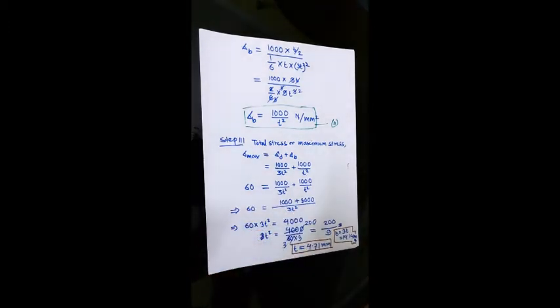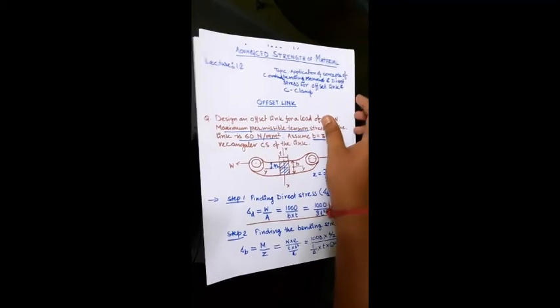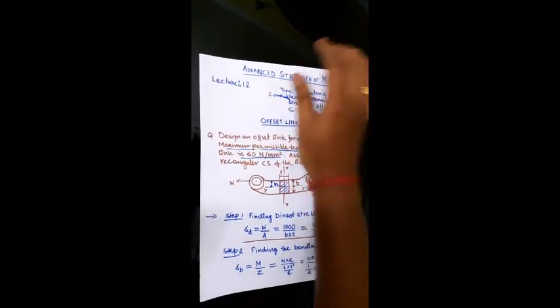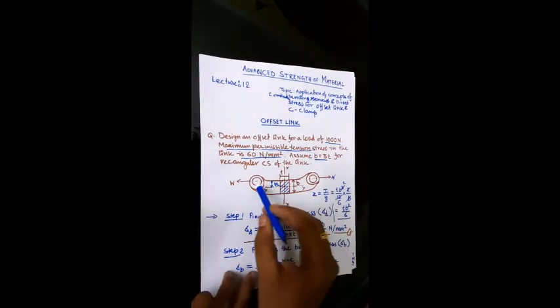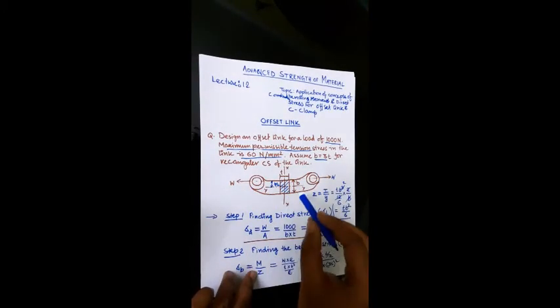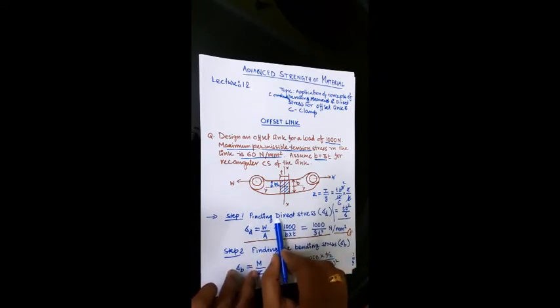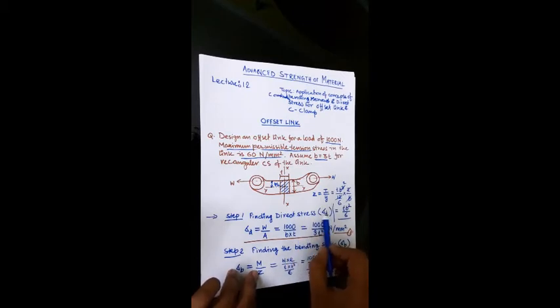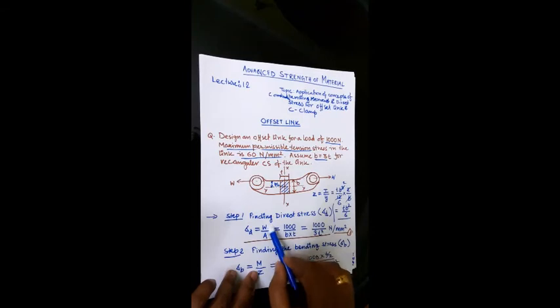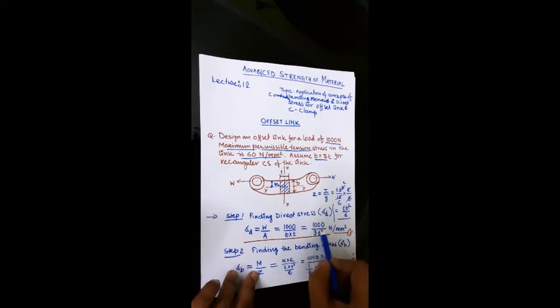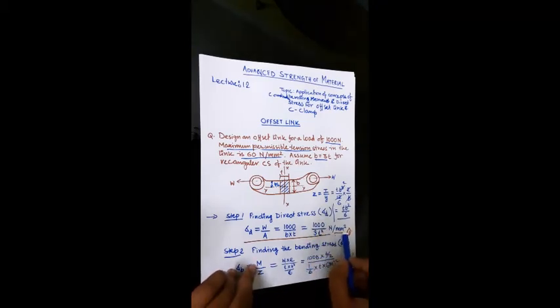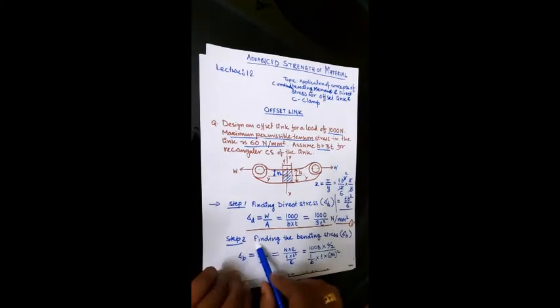So in this problem, see, again I am repeating the problem, understand it very carefully. What we have done in this problem is, first the problem is taken as per the figure. First what we need to find, we find the direct stress first, that is our sigma d, and sigma d value is directly found by W by A, or load by area, and the value will become 1000 by 3t square. It is in Newton per millimeter square. This is equation 1.